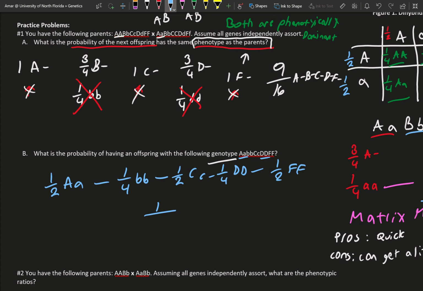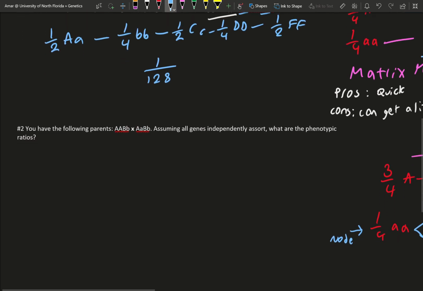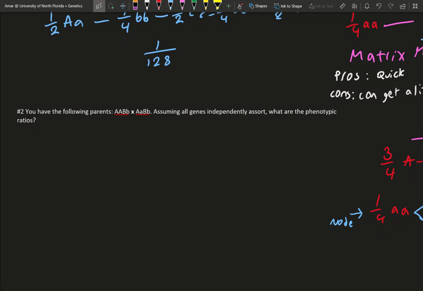One over 128, and that'll be your answer. So pretty simple right there. Not too much work with that. And don't waste your time trying to figure out the entire ratio when you can just figure out a specific combination. But in this situation, we have something different where the question is telling you to figure out the phenotypic